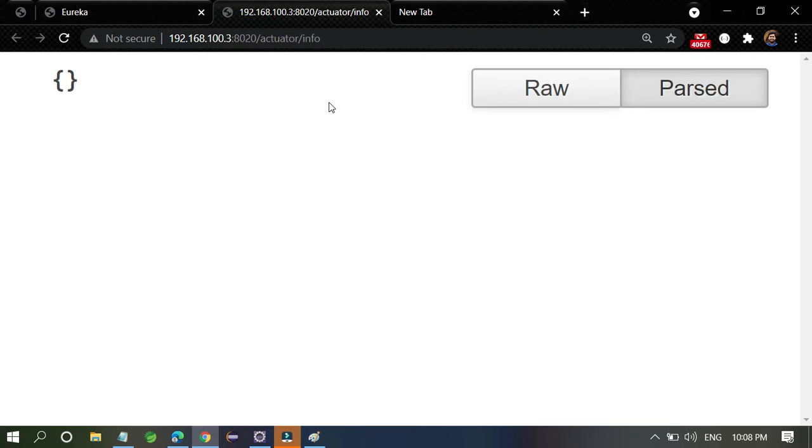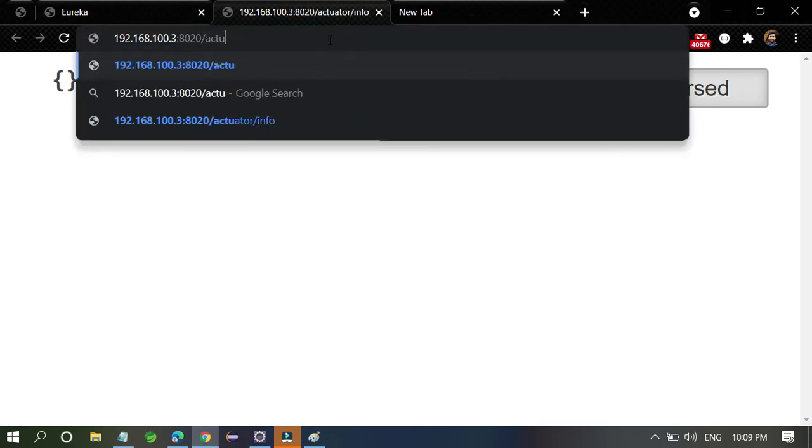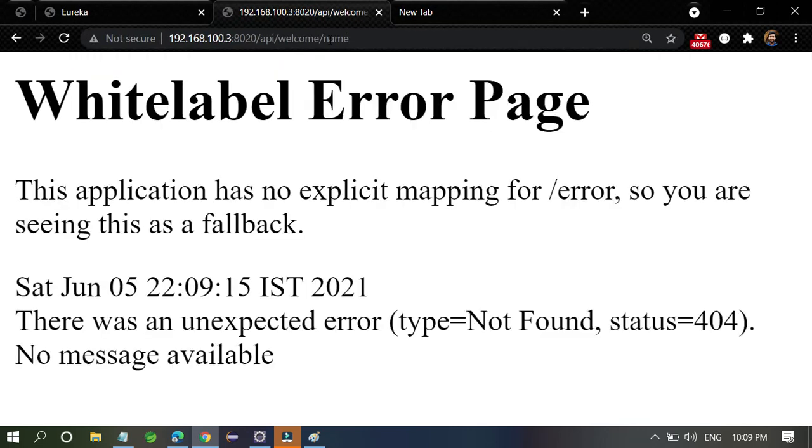So just click this place and you can see here this is only one port number, and I am going to access all the data like api/welcome/name.